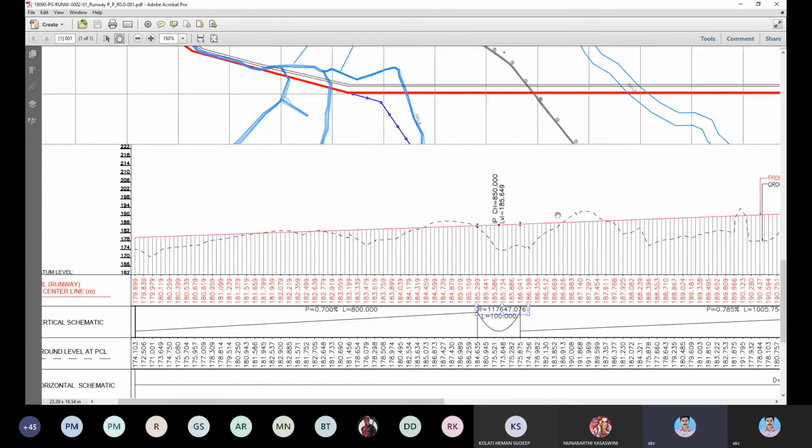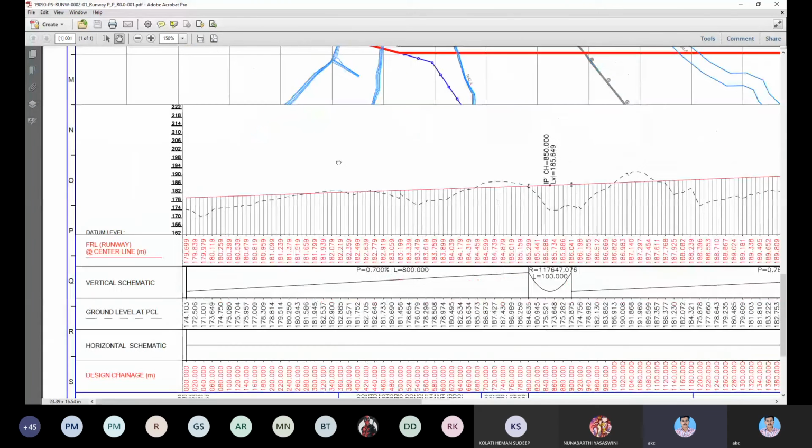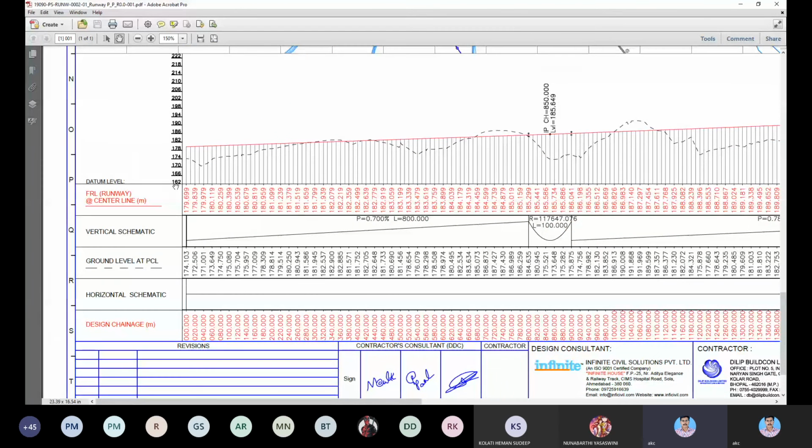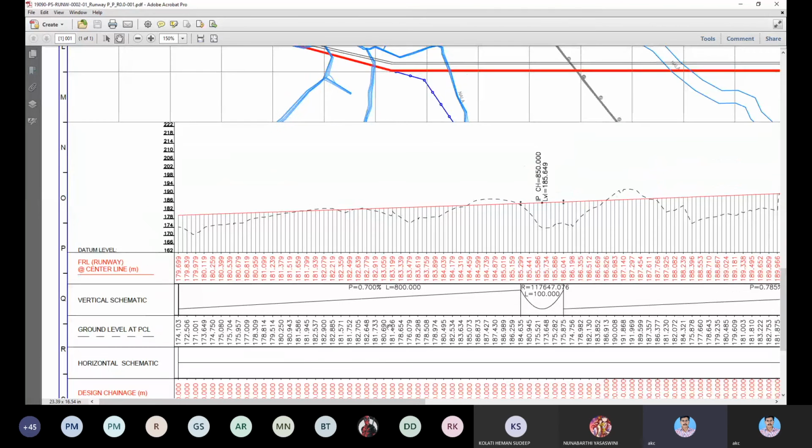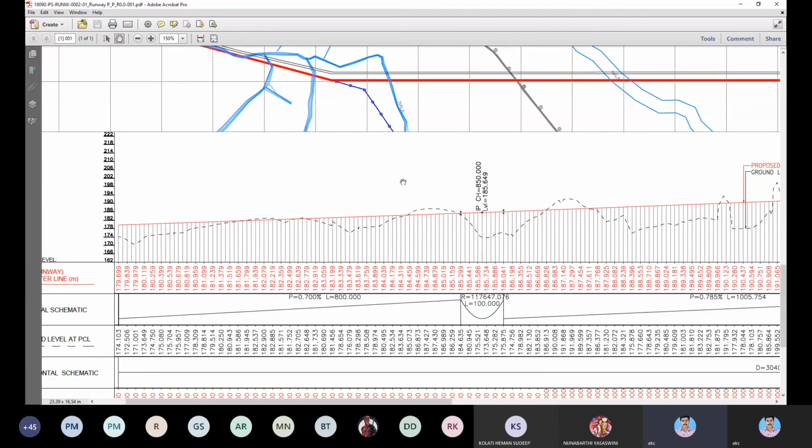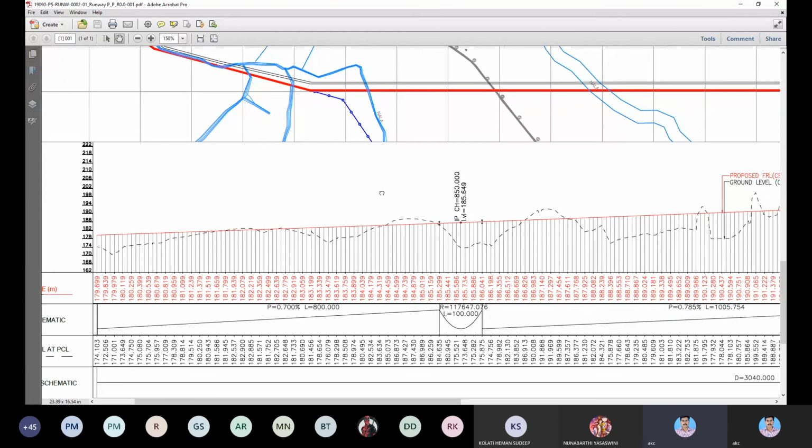This is how the leveling data can be used to develop the profile. If we look again here, they've taken some datum. Datum is 162. Now this may be a reference datum. We have taken 100 in the exercise, they have taken 162. Like this, they will do the leveling. So the ground level at the pavement center line, PCL, is 174.10, then 172. It's falling here. Again 171, again it is falling. 173, again it is rising. Like this, they will draw the profile with the leveling data.